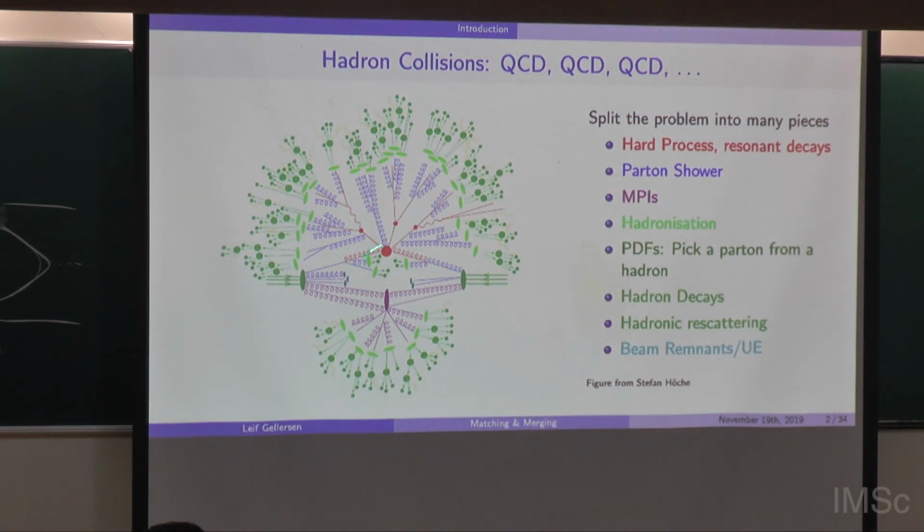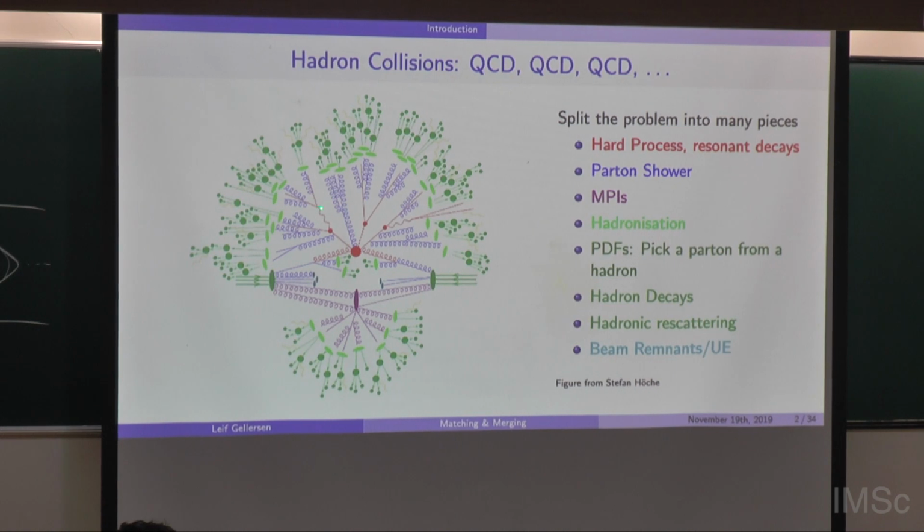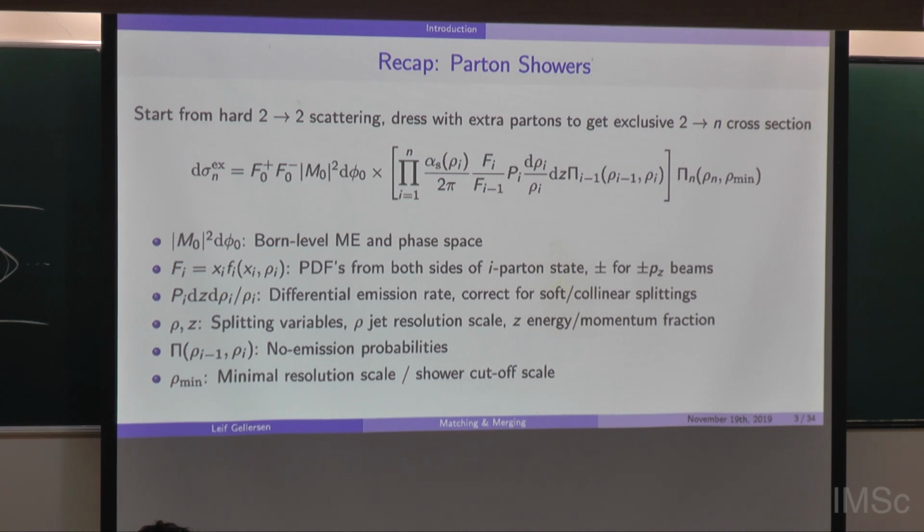But this lecture now will be about how to best combine the matrix element calculations here, the fixed order calculations, and the Parton shower to get the most reliable results. And just a small recap on Parton showers, so what we learned this morning. So we start from a 2-to-2 scattering and want to dress this with extra partons to get an exclusive 2-to-n